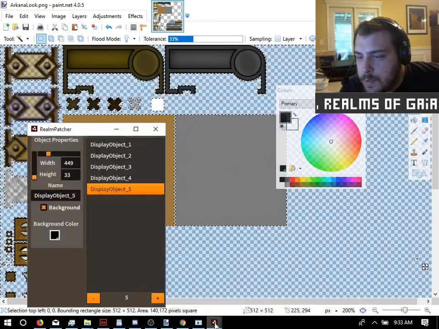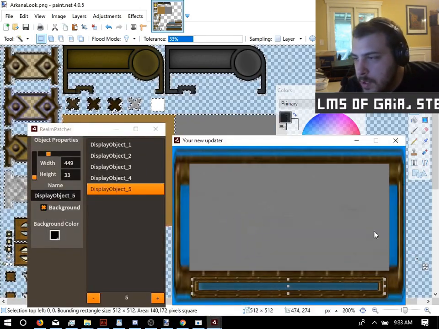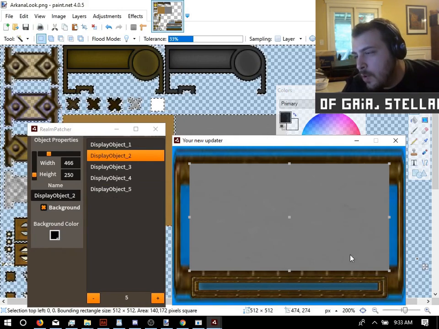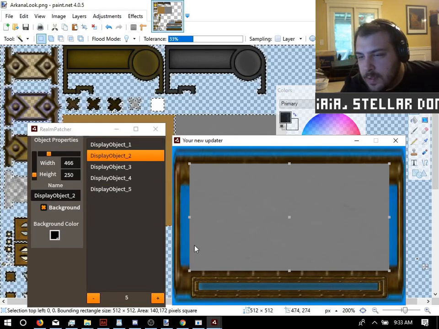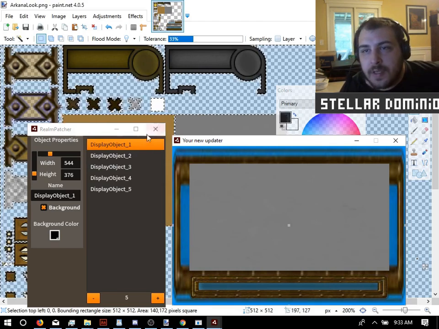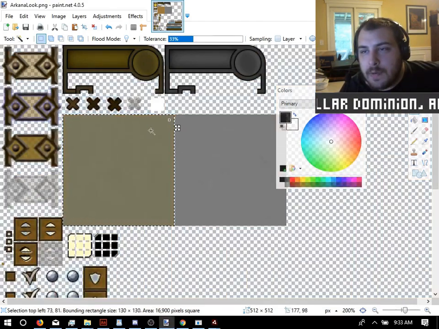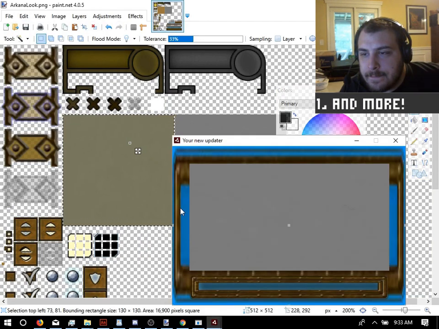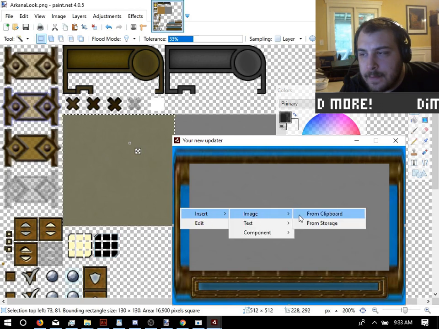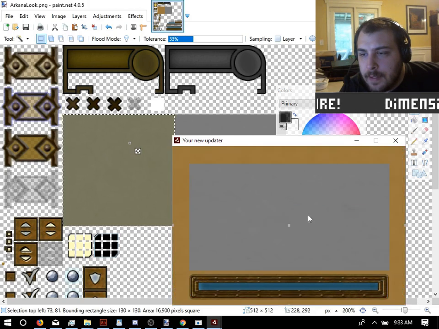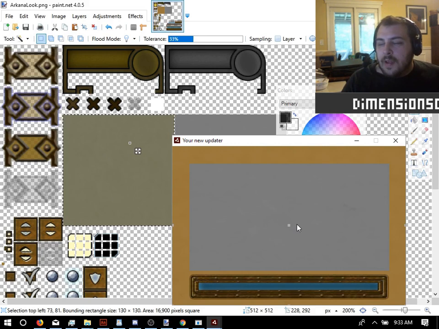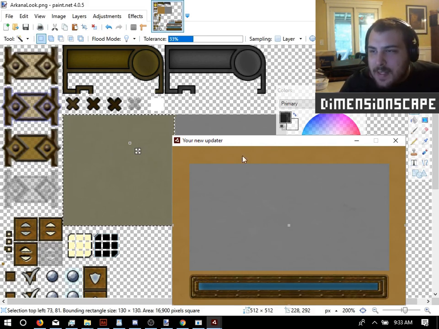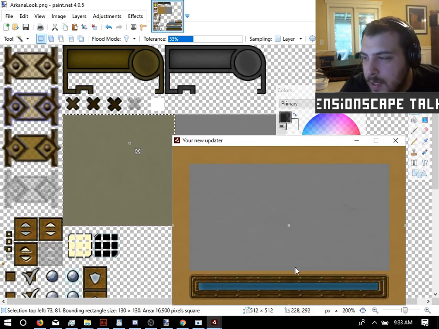Oopsie. Okay, so there we've basically got our basic loader bar. And we'll just go back and fix this and copy this back to clipboard. And there we go. All right, and that's how easy it is basically to make your patcher,